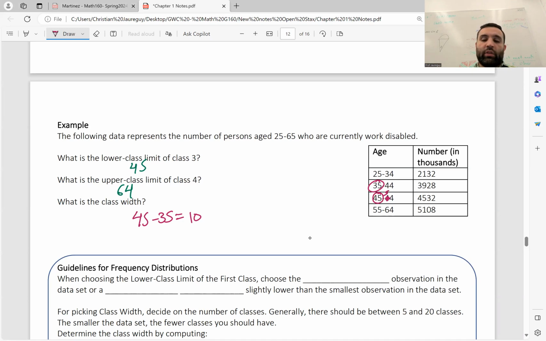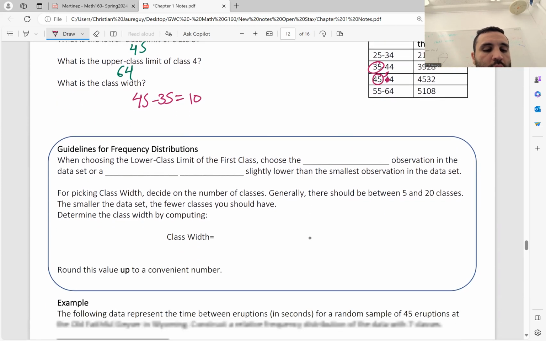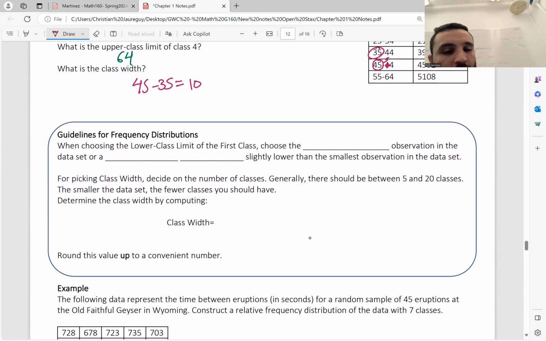The main reason is that if you count out the numbers in your class, there's actually 10 numbers: 25, 26, 27, 28, 29, 30, 31, 32, 33, 34. There are 10 numbers there, even though if you subtract them, it only comes out to 9. So what we've discovered is the class width is the difference